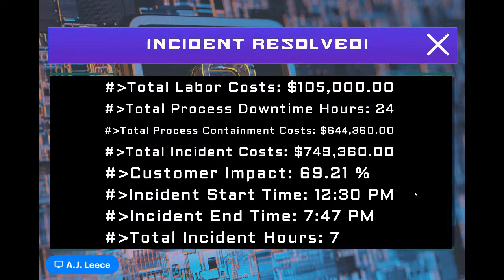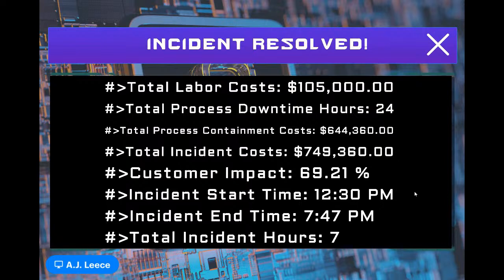Process downtime hours, this is a collection. If you have individual assets in a process, those aren't operating at their optimal capacity or the way they're intended. There are some knock-on effects throughout the business too. Just because you couldn't accept Glue orders and couldn't manage the financial piece to the fullest extent, there are other effects. This is now 24 hours of labor or work process hours that we're going to have to make up somewhere, because in the time that this was down, somebody else couldn't do another part of their job. And in most cases, they were probably just peering around looking at how the incident was going.